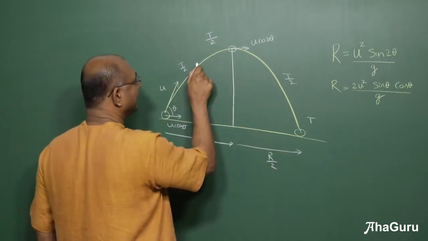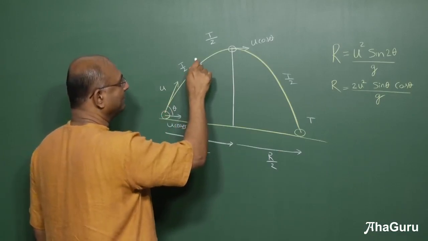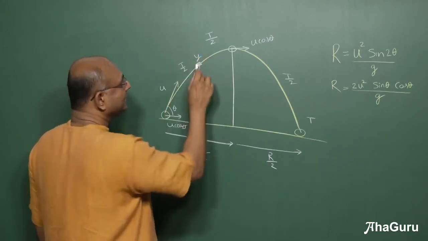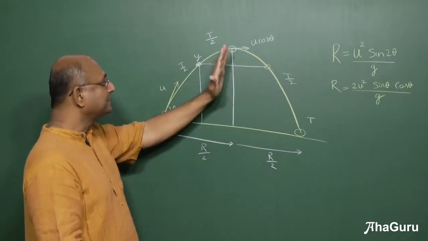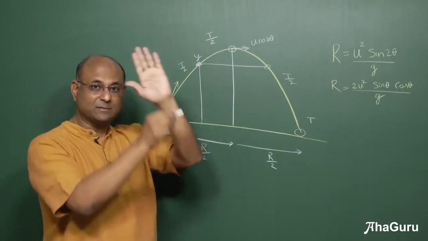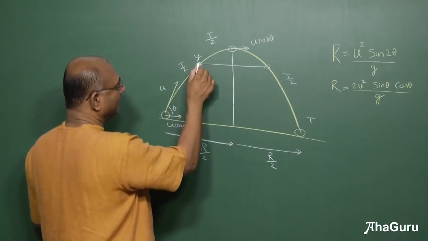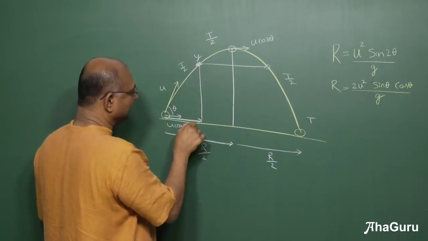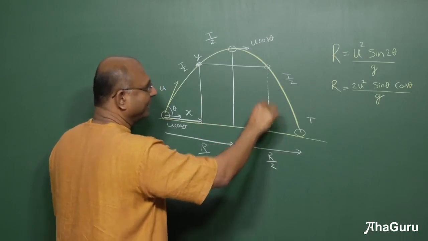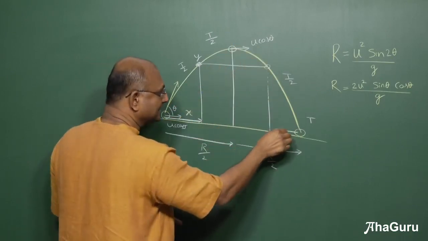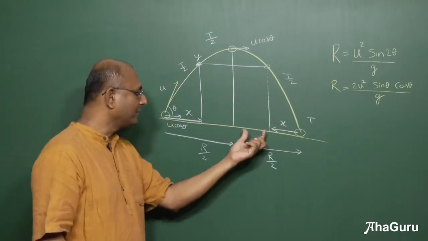Right? So this travel time, that travel time is easy. But it's not just that. If I say that I am reaching somewhere here, I reach a point y, then when will I again reach y? You will reach the same height, and this distance and that distance from the center will basically be equal. So if I say that I'm going to reach the height y after traveling a distance of, let us say, x, then if I look at the other point where I have reached the same height y, this distance would be x. If this is x, that would be x. This will be equal to this, that will be equal to that.